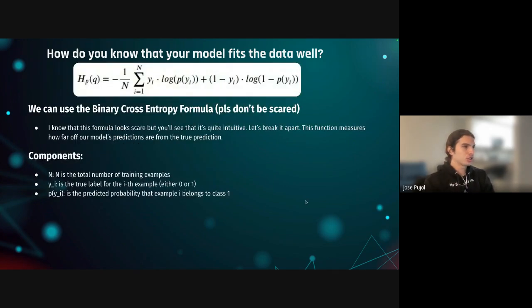So that function looks like this. Now, if this is the first time you're seeing this, please don't be scared about the notation just because you see log in there. I will give you some insights as to why you see that log. But this H right here, whenever you see H, this usually comes from physics, where you want to measure entropy. Entropy in the system tells you information about the system. If something has high entropy, then it's a bit chaotic, it's sporadic. If something has low entropy, then it doesn't have all that much information in there.